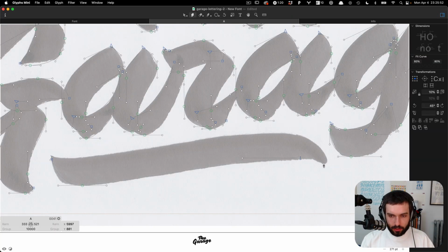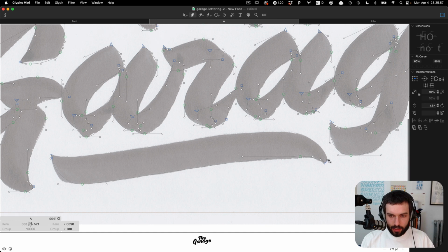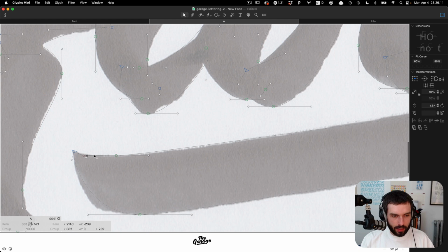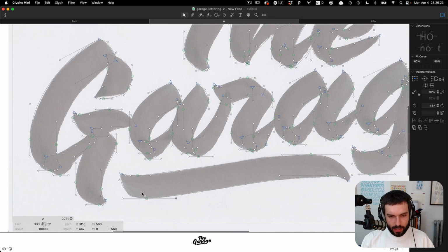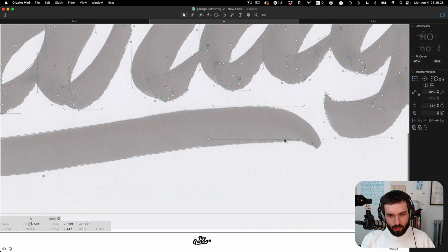Something I learned here is that it is pretty good for drawing quite quickly. Once you figure it out, you don't have to set your start points and then go back and make the curves. You can kind of more quickly rough things out once you figure out the hotkeys. So the main thing is that